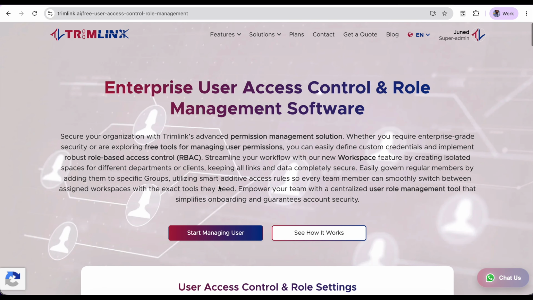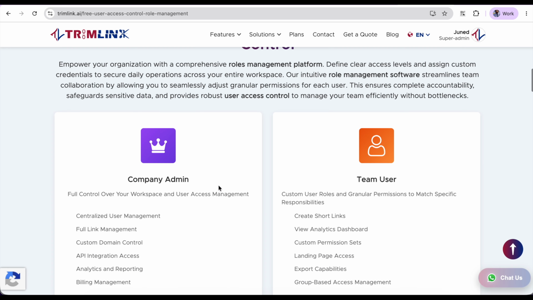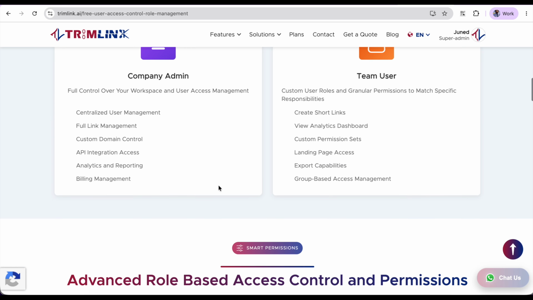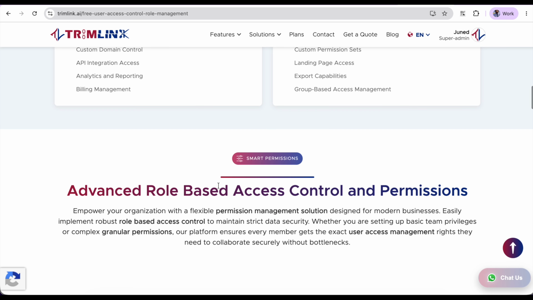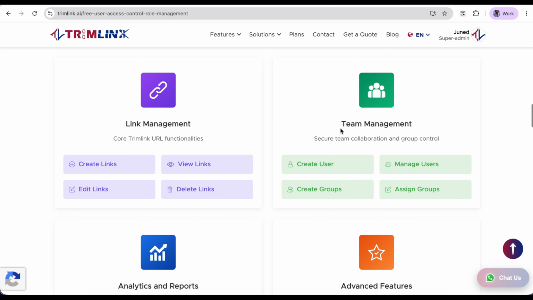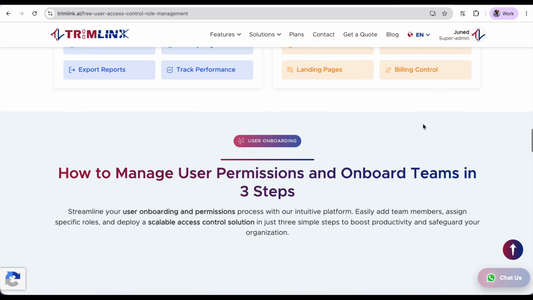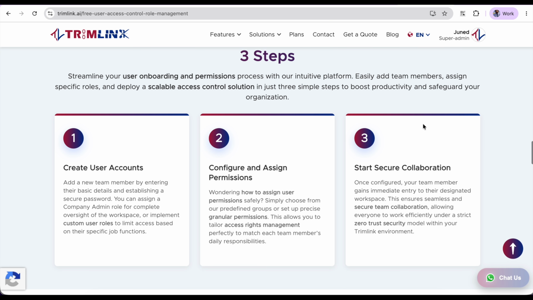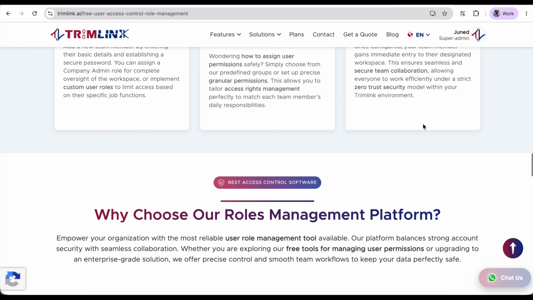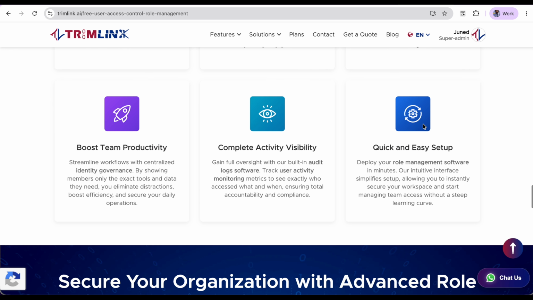Hello, everyone. As your organization grows, managing permissions individually for every user can become difficult and time-consuming. Groups in Trimlink simplify access management by allowing administrators to organize members into teams and assign permissions collectively. Instead of configuring access one user at a time, permissions can be assigned once and automatically inherited by every member